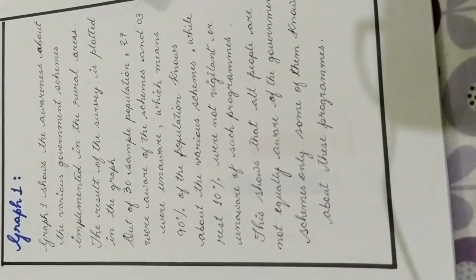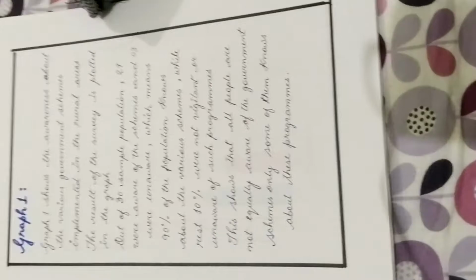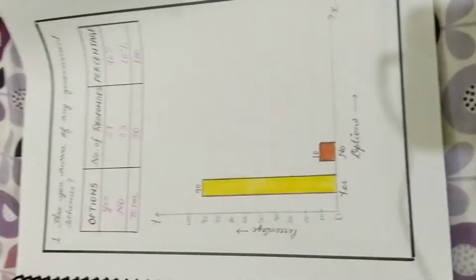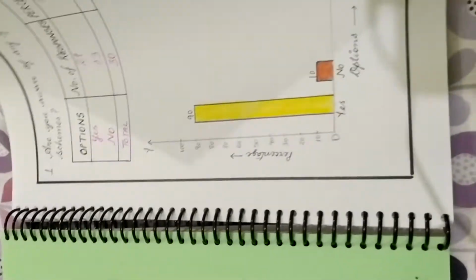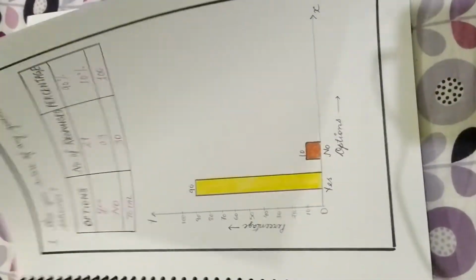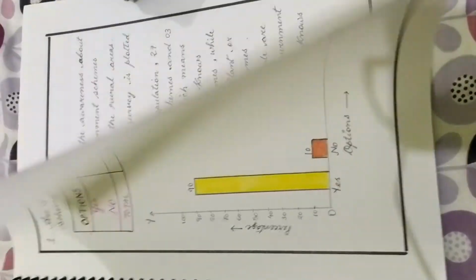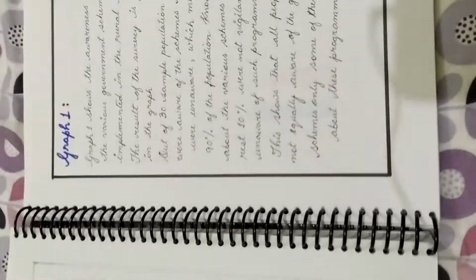So she has explained graph 1 like this. So this was graph 1. If you want, you can explain the graph in the next page, or if you want, you can just write it below. For example, you draw the graph here, and then below you keep some space for writing the analysis part. But if you feel that your analysis is a little long and you want to make the project also look a little big, you can write the analysis part at the back. Remember, this analysis is only about graph 1.